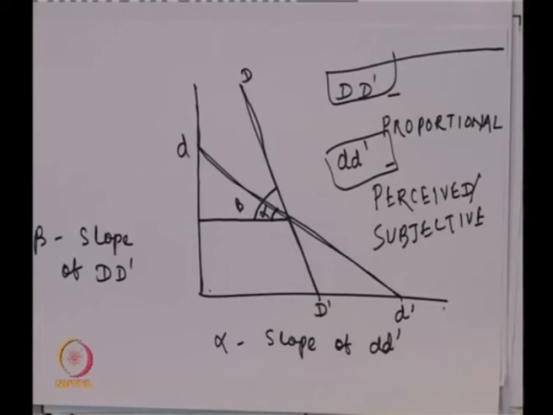We have two kinds of demand curve. One demand curve is based on the situation when one firm changes the price, the others react to it and also change their price. The second is the proportional demand curve, which is based on the situation when one firm changes its price and the others do not change theirs.